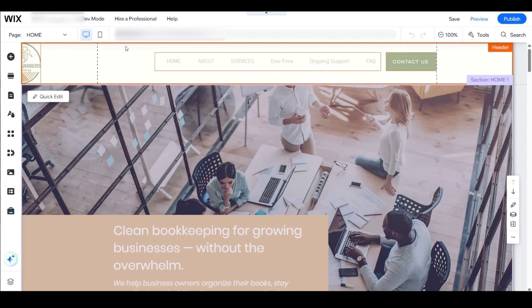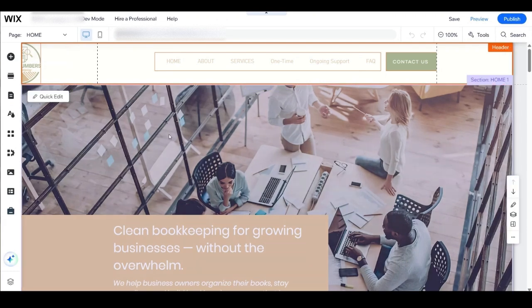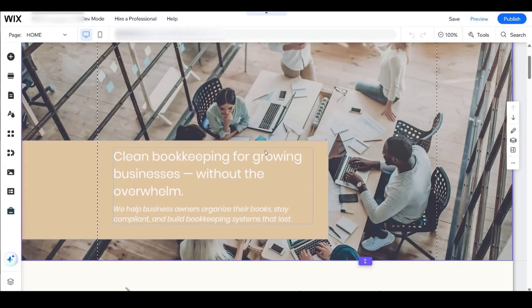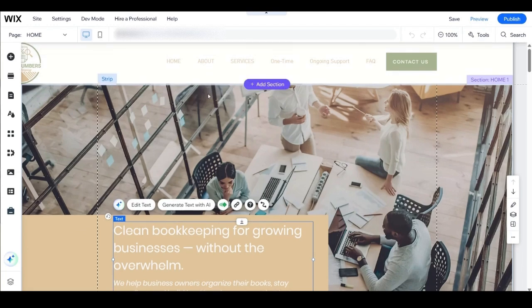Okay, so once you click on edit website, you will end up on this page. This is the home page of your website. And in this actual interface, you'll be able to edit practically anything and everything. What I want to do is hide certain pages as we don't want them to be visible at this stage. So what we'll do is hover to the left menu and click on pages and menu,